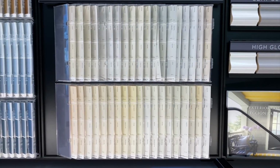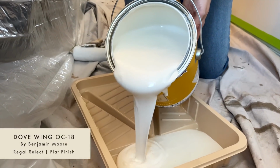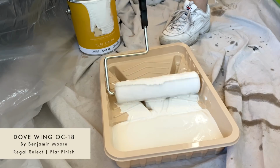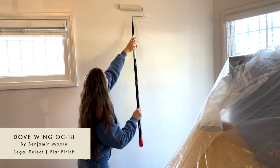Believe it or not, white might be the hardest color to pick for any space. There's a plethora, I like that word, plethora of whites. Overall, I think we picked a good color, even without sampling it in here first. The app and the swatches just helped enormously. So we're gonna do Dove Wing, and we're gonna tape this room off